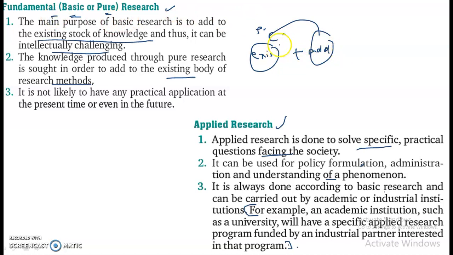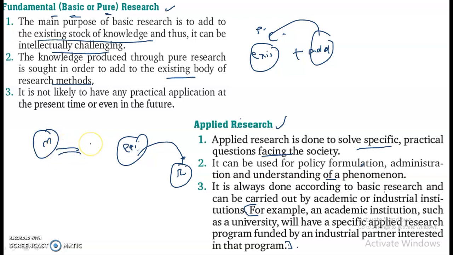So fundamental research means generally adding additional knowledge to the existing knowledge, and applied research means whatever previously existing knowledge is there, we are just using this existing knowledge for our research work. It is nothing but applied research. For example, applied mathematics. Some mathematical concepts will be there, and these concepts we will apply to our problem to solve it, okay. So that is applied research.